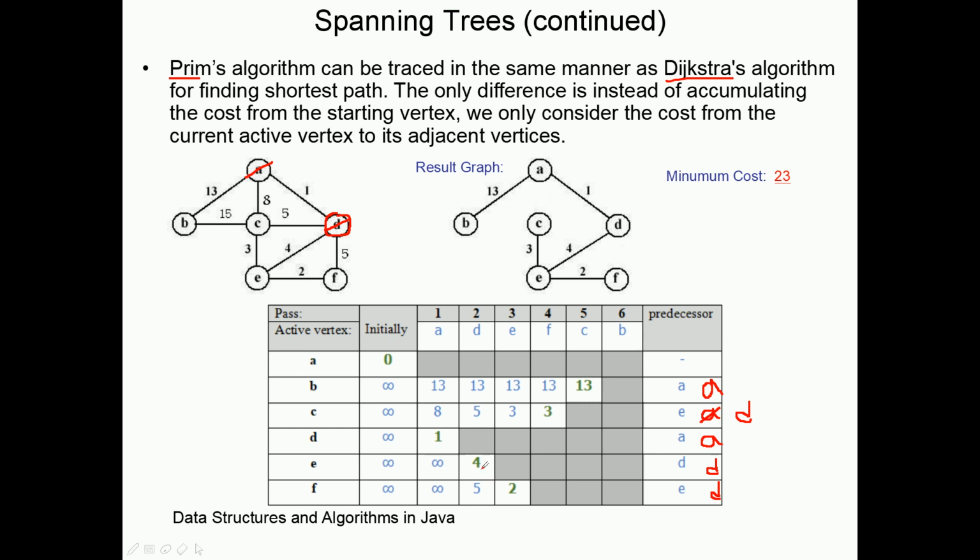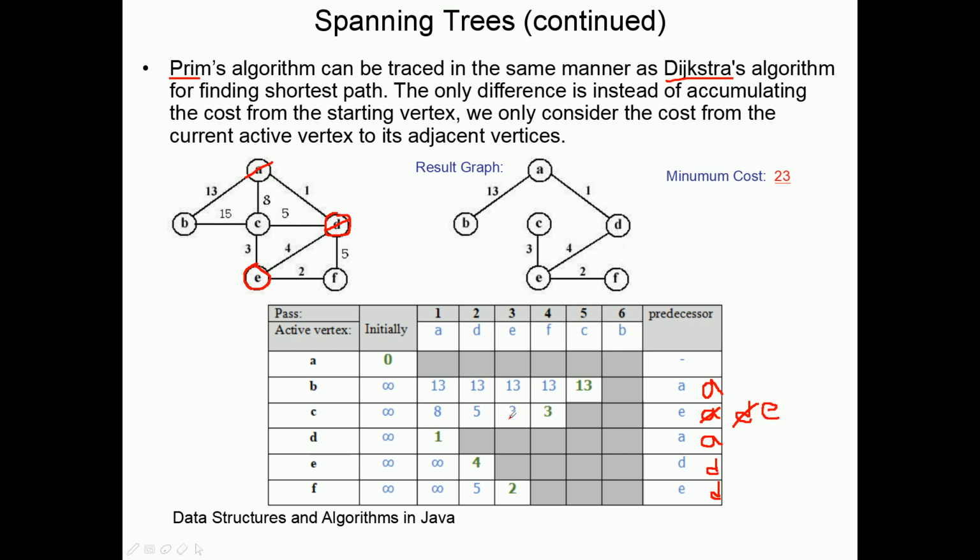And then we have 4. Now this 4 is the E. Okay, from the E where I can go. Now I selected the E. From E I can go to D, but D is done. From E I can go to C with the cost of 3, which is smaller than 5 that I had before, which means this is going to be the 3. So instead of, remember it comes from a shortest cost from D, now it's going to be from E,